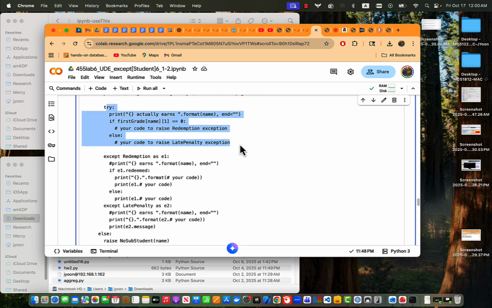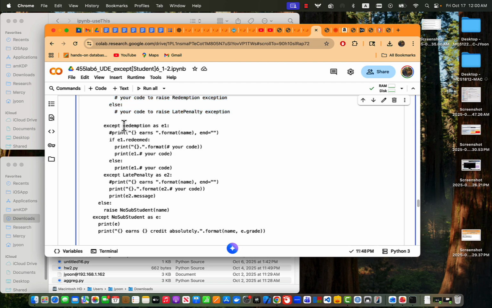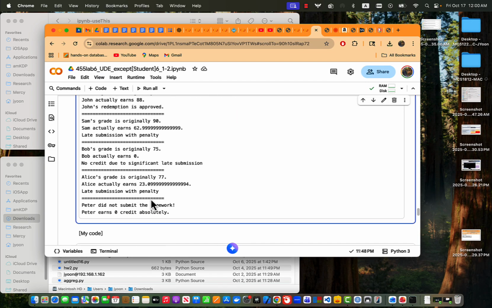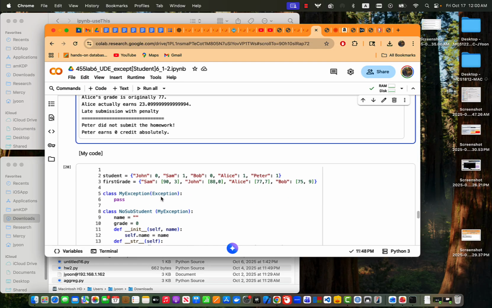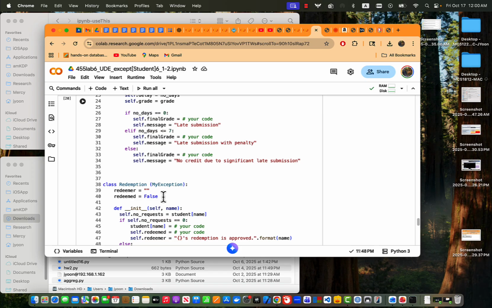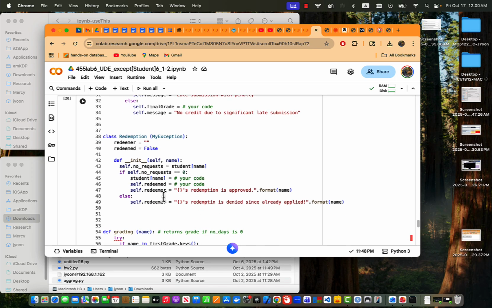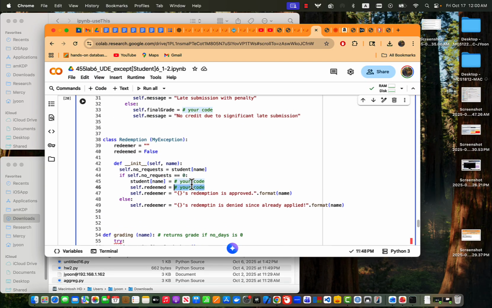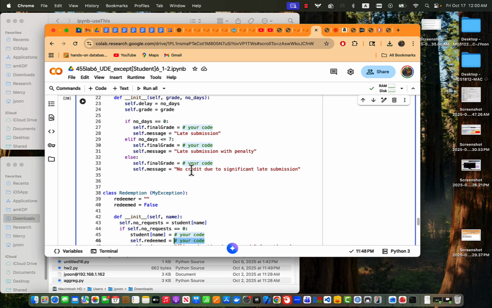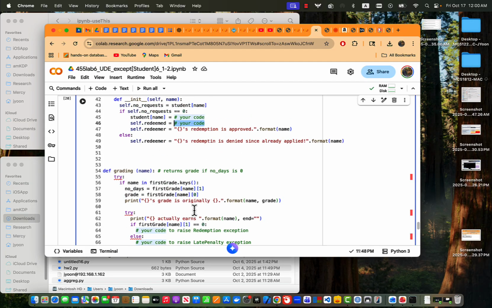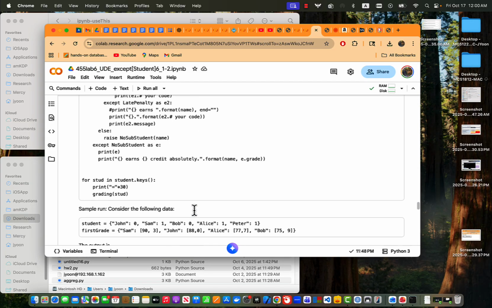After we try this, then we need to handle the exception, in the case of a redemption, in the case of a late penalty, some of those. Okay, so we will have this kind of thing. So you have to fill in your code here. Everything about here, your code, you have to fill in here, okay? Only that. As I said here, one thing that you have to be aware of,